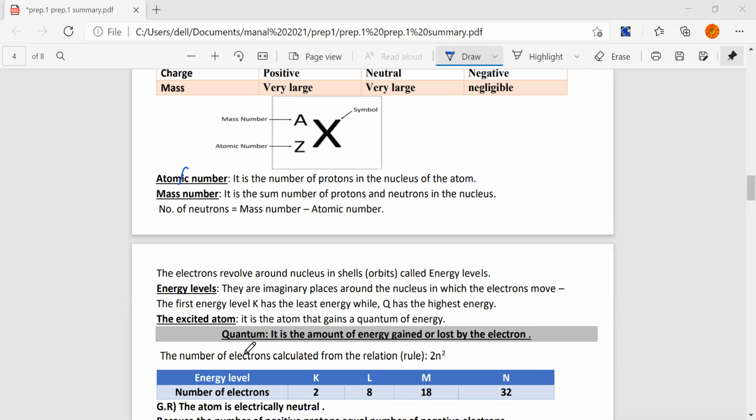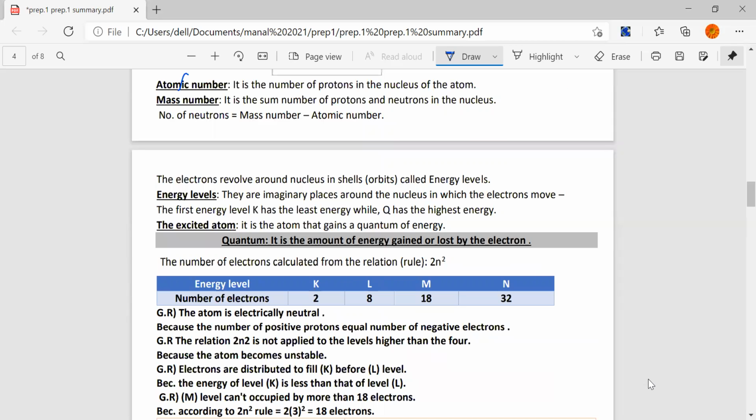Okay, the number of electrons is calculated from the rule 2n². Energy level K is saturated by 2 electrons and cannot carry more than 2 electrons. Remember that. L is saturated by 8 electrons, M is saturated by 18 electrons, N is saturated by 32. But when we write the energy configuration or electron configuration, no more than 8. L 8, M,